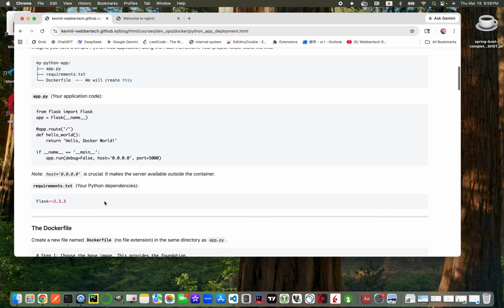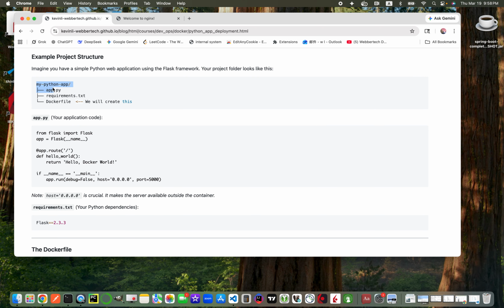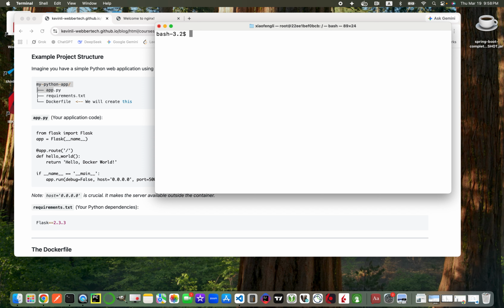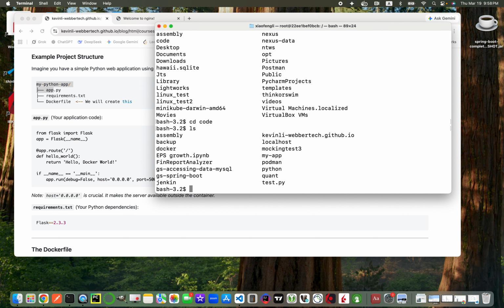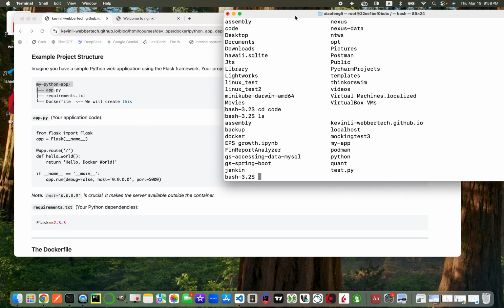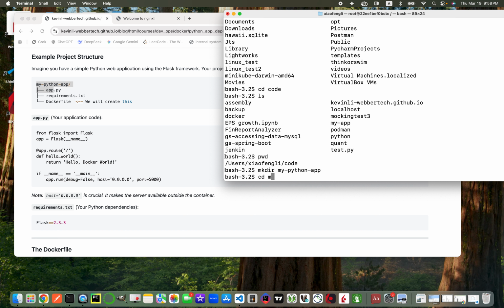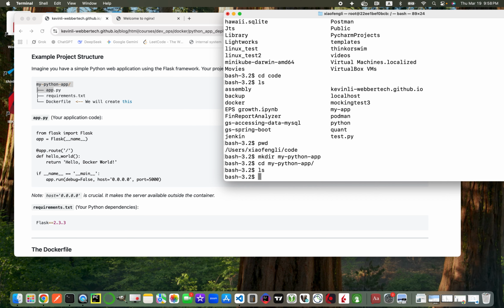And the next step is going to create a Docker file. Let's just take a look at how to do this in our local computer. So let me clear my screen. Make sure that this is in my home directory, and I'm gonna go to code. Let's see. All right, so this is the directory where I want to put my code. So I'm gonna do mkdir my python.app, and let's cd into this application directory, and let's create a